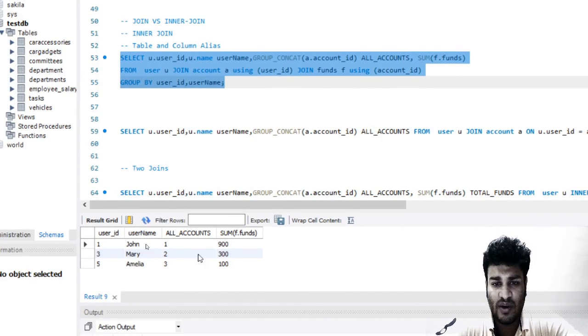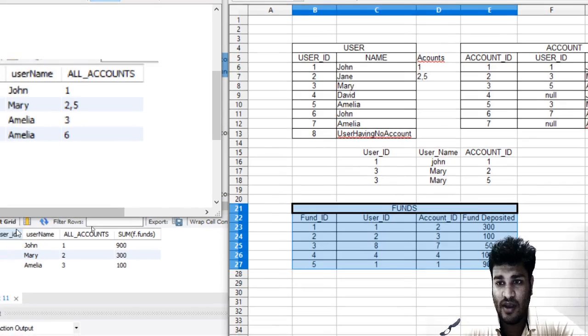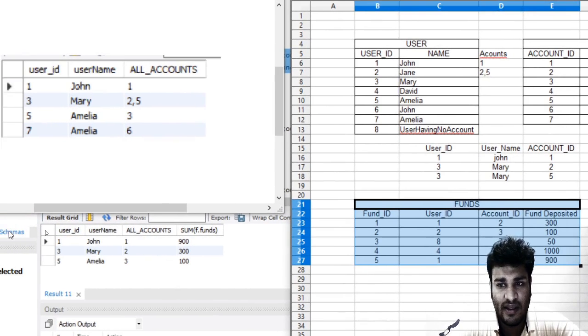Now you see over here that we are getting the funds summation. John has in total 900. One name is missing here. Previously, John had account 1, and account 1 has funds of 900.